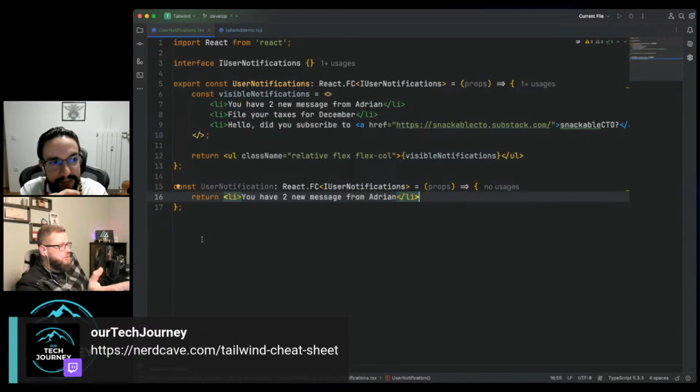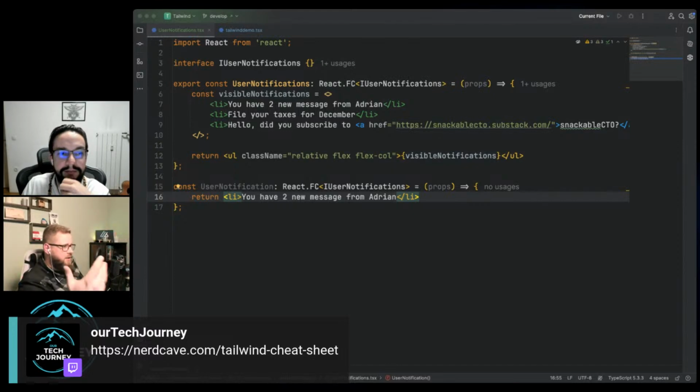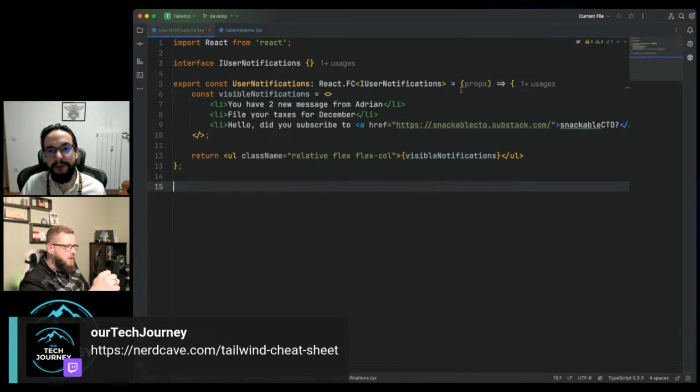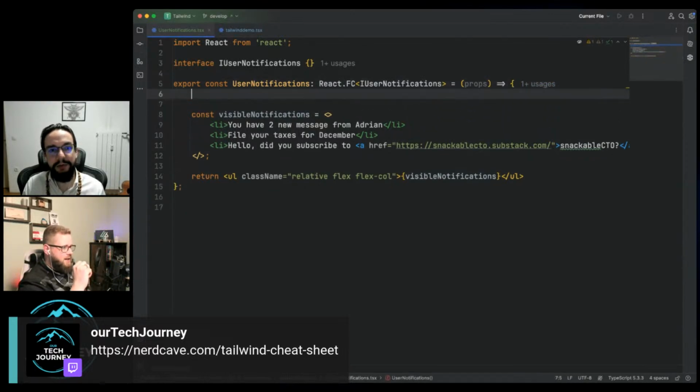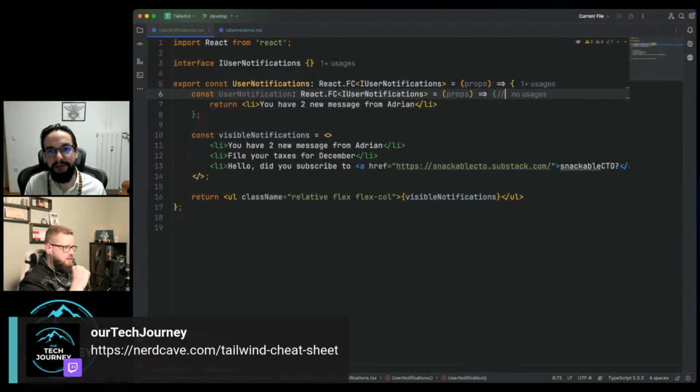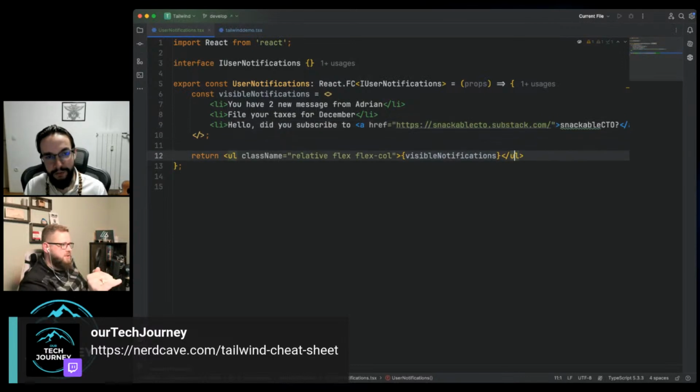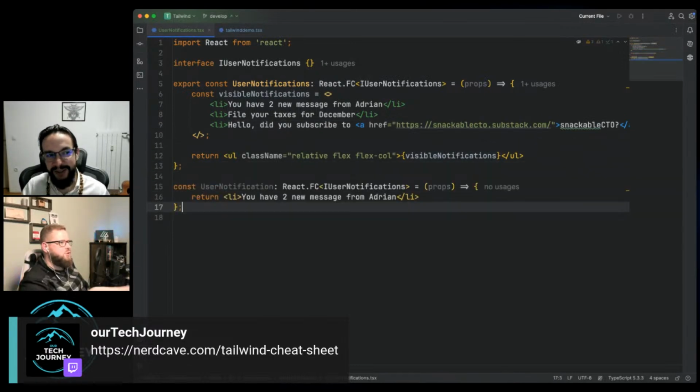What other people do as well, for example, is to put this element as a sub-element into user notifications, as a result of a callback or a result of a use memo. I wouldn't recommend this. It would be inside here, and it would never be exported. If it's only about one line of code, okay, maybe. But as soon as it has its own life cycle, it's way too much. So you start to mix things you shouldn't mix.